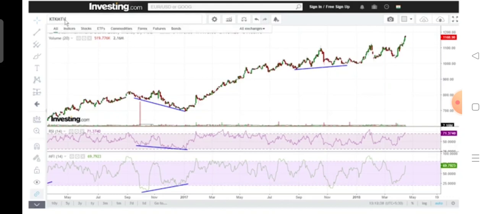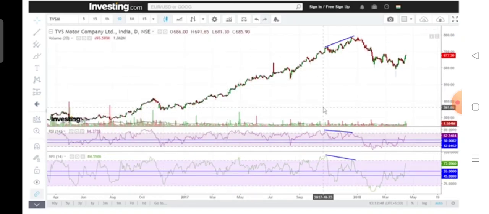Let me look at the TVS Motor chart here also. This was a bearish divergence, and this was provided both by the RSI and the MFI. So in some cases, both show the divergence. In other cases, some show and some don't. But in the case of bearish divergence, as the MFI moved in the normal zone, see how beautiful the down move that occurred. So this is an important aspect, and we should look at them at the same time.